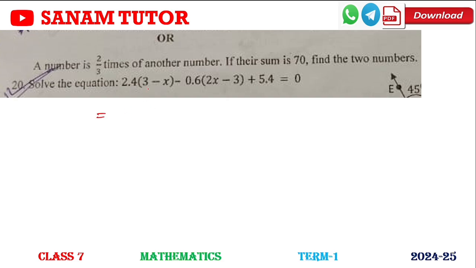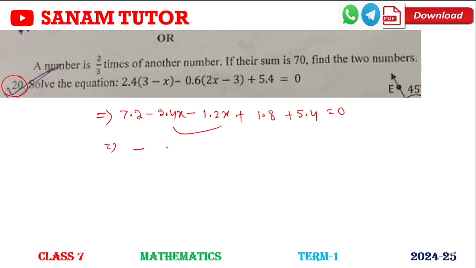Now first we multiply 2.4 by 3, these questions will repeat. So 2.4 into 3 is 7.2, minus 2.4 minus 12, 1.2x, minus minus plus 6 times 3 is 18, plus 5.4 equal to 0. So now arrange, that is 2.4x. Okay, now arrange 2.4x, here same sign means addition. So minus